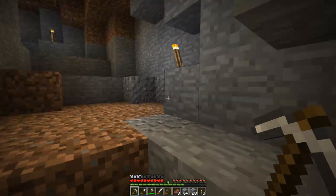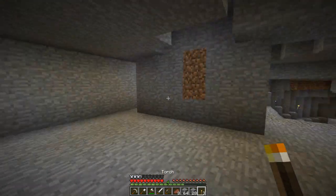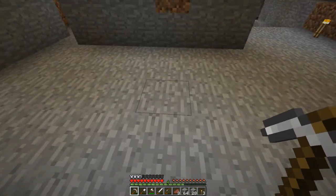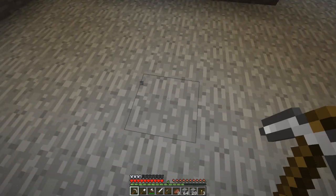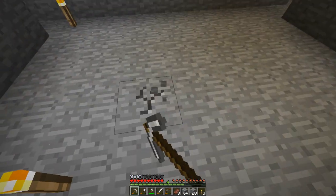How big do we want to make this room? That's a good question, really. Maybe a bit bigger than this. If we have our block of water here, we're going to need 1, 2, 3, 4, I think, and then 1, 2, 3, 4 for the maximum